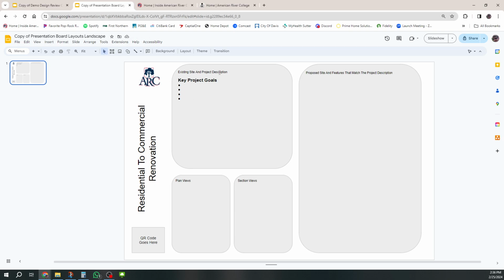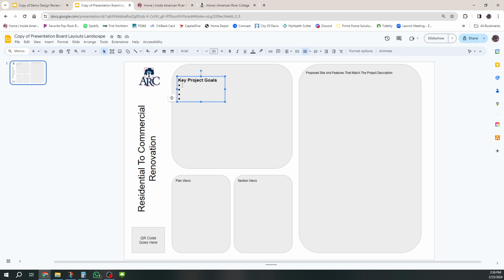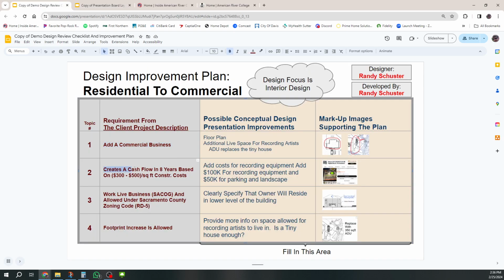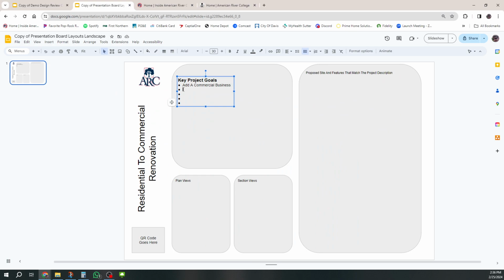So here, this area, and it doesn't have to be all in this box. This is just general. I'm going to put my existing site and project description. So I know what the project goals are. They're right here. Add a commercial business. And if I right click, paste without formatting, and make that a little bit wider, there we go. So we're going to add a commercial business, create a cash flow in 8 years, right click, paste without formatting,